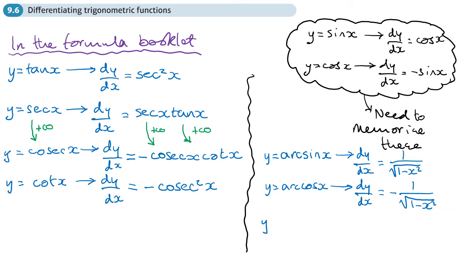And last one, arctan x, that differentiated, so dy dx, that one doesn't have a square root, it's just 1 over 1 plus x squared. And I think later on you do need to be able to derive these, but we'll go through those when we get to them. So the ones up here in black, we need to know. All the ones in blue, these are all in the formula booklet. You don't need to memorize them, but we do need to know how to